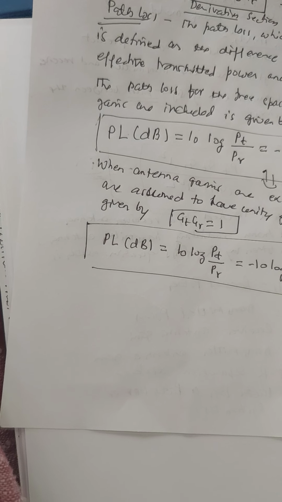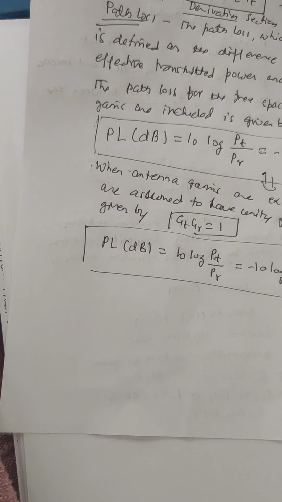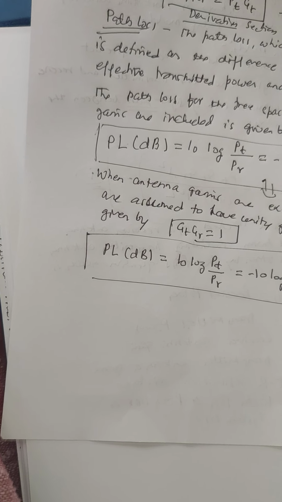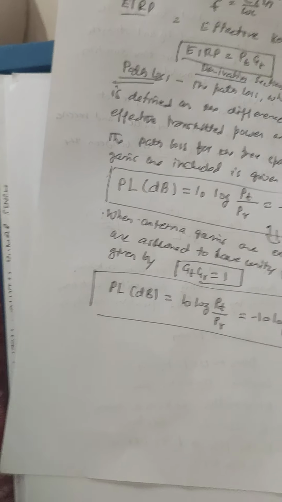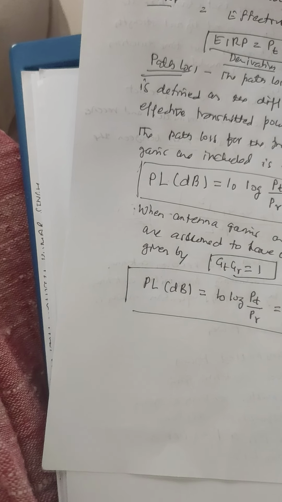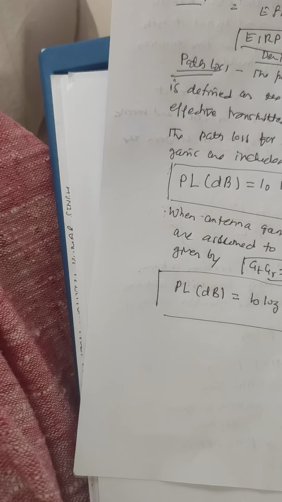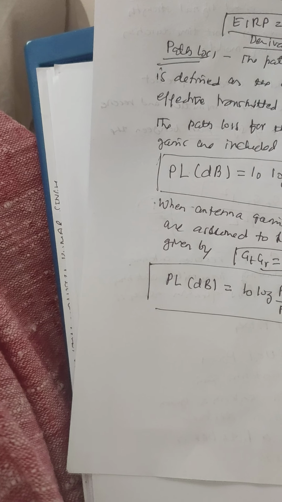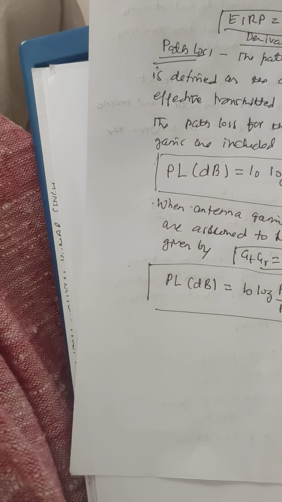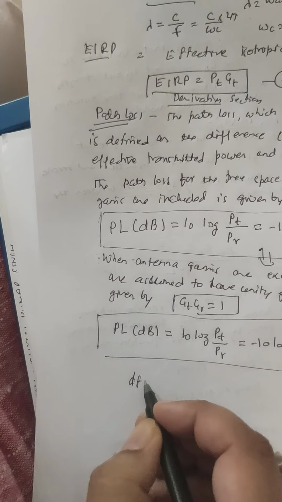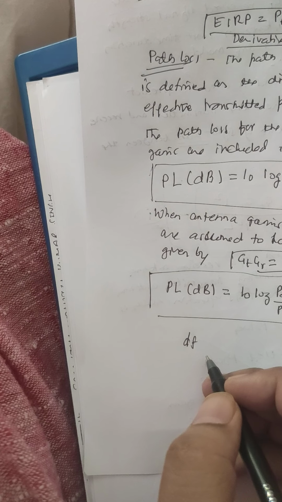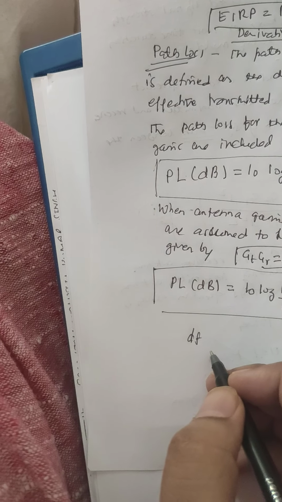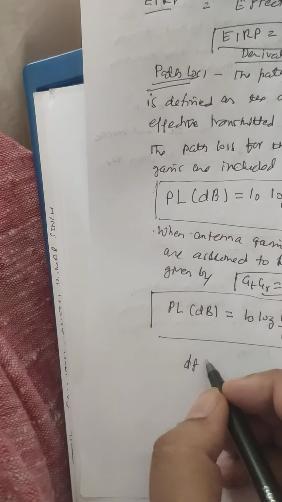Let us see one more concept, for the far field, which is the Fraunhofer region. The Fraunhofer region of a transmitting antenna is defined as the region beyond the far field distance d_f, which is related to the largest linear dimension of the transmitting antenna aperture and the wavelength. Now this d_f